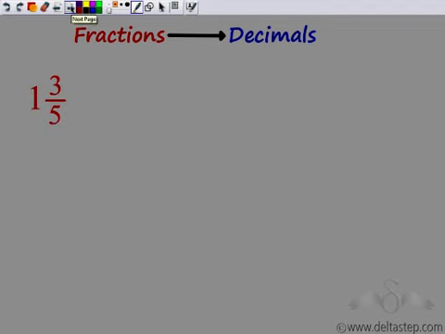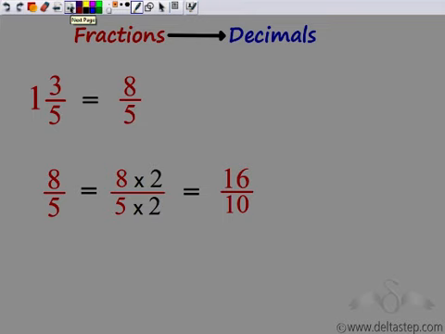Now let's look at this mixed fraction, 1 3 by 5. So 1 3 by 5 is the same as 5 plus 3, which is 8, 8 by 5. Now again, you can convert this back to a decimal number. Once you get 8 by 5, multiply both the numerator and denominator by 2. 5 into 2 gives me 10. I wanted the denominator to be 10. So this is what I get, multiplying both numerator and denominator by 2. 8 2s are 16 and 5 2s are 10.